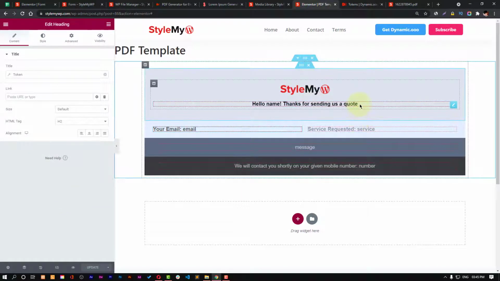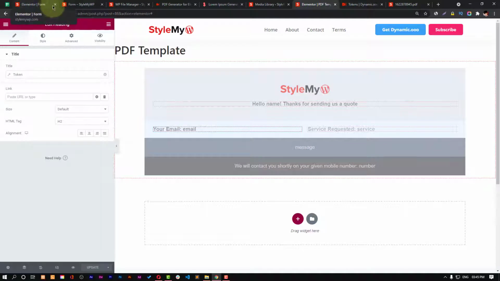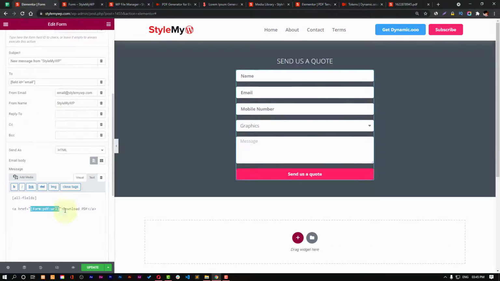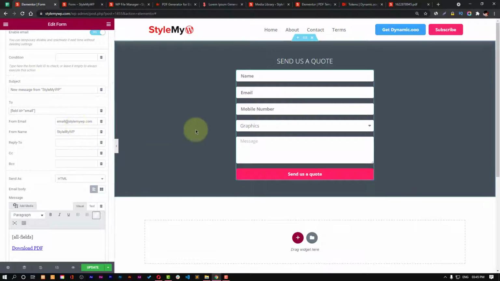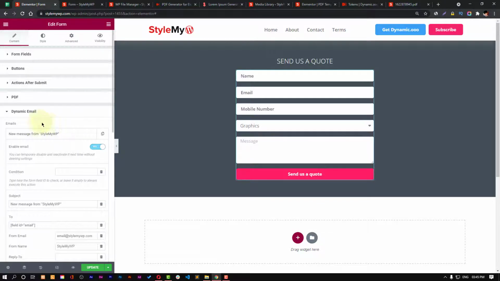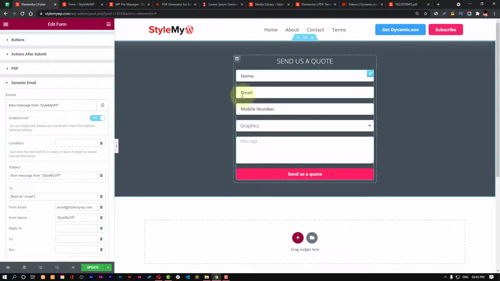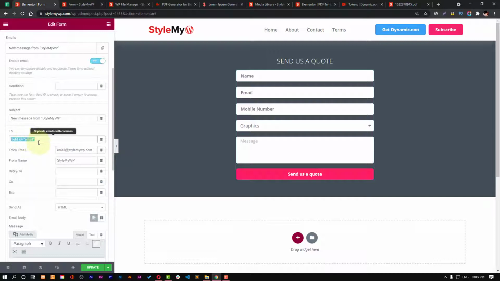And you can let the user download the PDF by using this download PDF token in your dynamic message, and it will only be possible if you use dynamic email, so that the email may be sent to the user's email, the email one inputs here. The email will go by using this To field ID, right? So it was my email, hello@lokeshkapoor.com, it was sent there, and I was able to download it from the button. So I hope it is clear now.